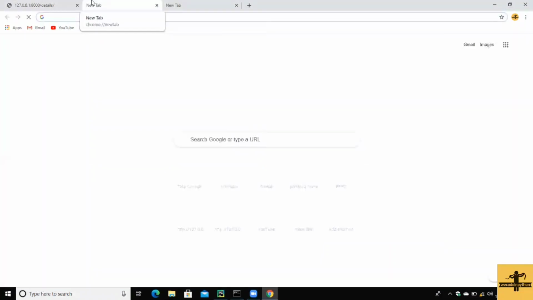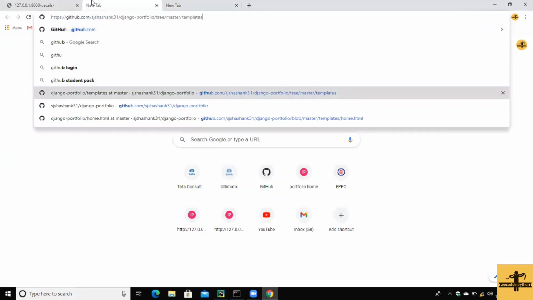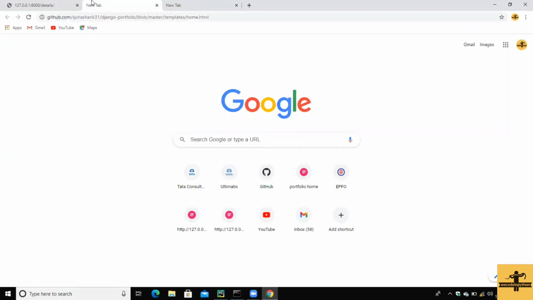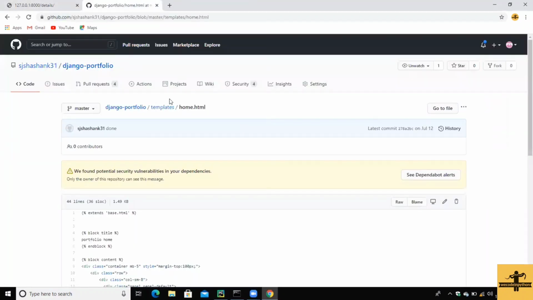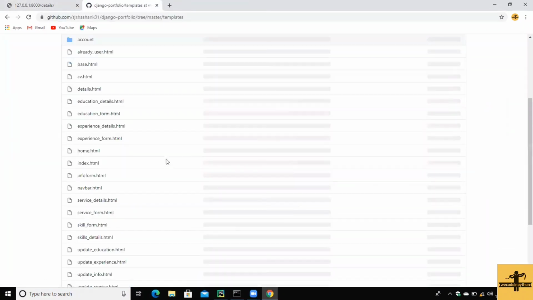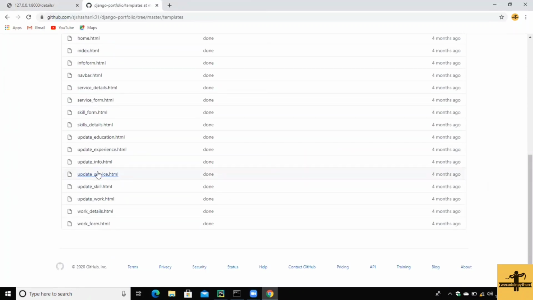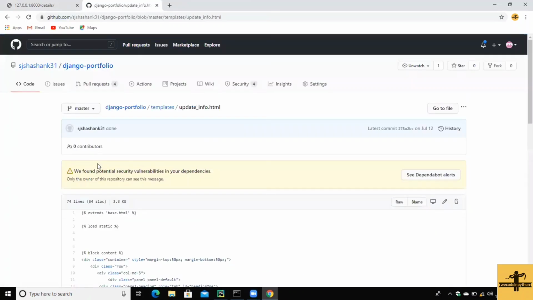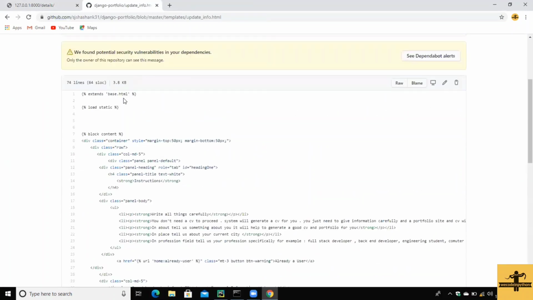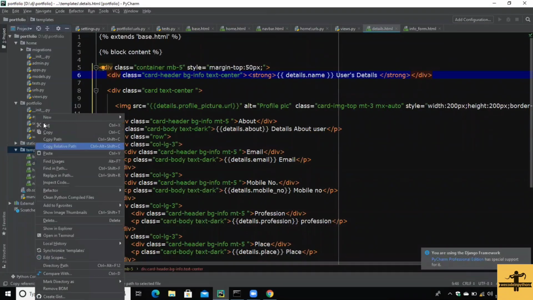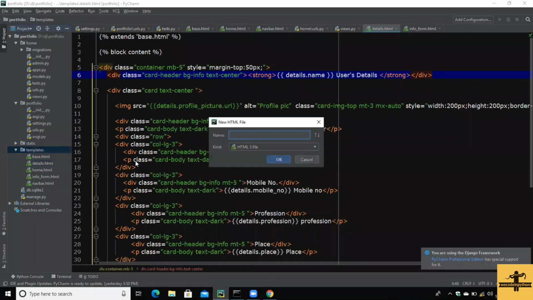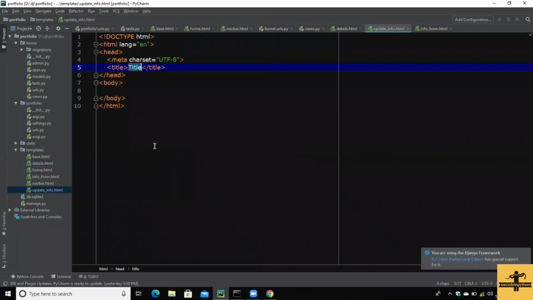So go to the GitHub and Django portfolio. So we are gonna edit this. So we need edit info form. So that is update information about the user. So this is the code. So let's just create a template update info, and here